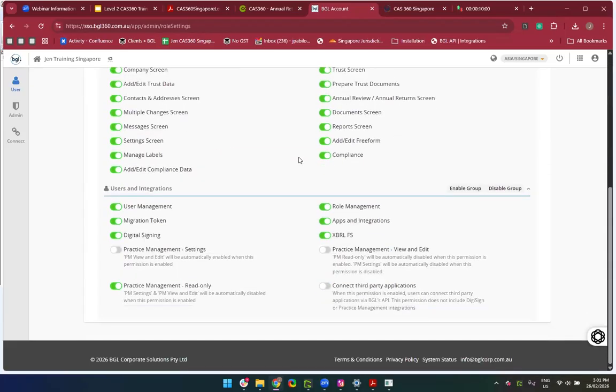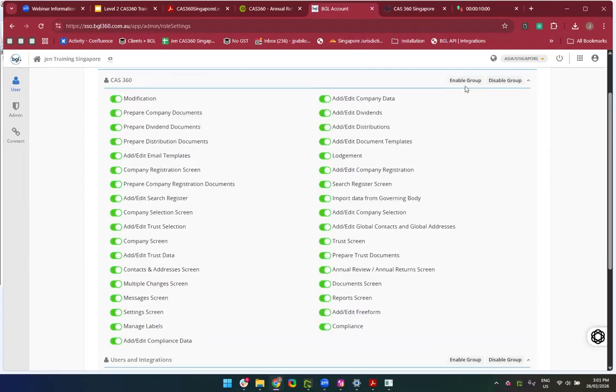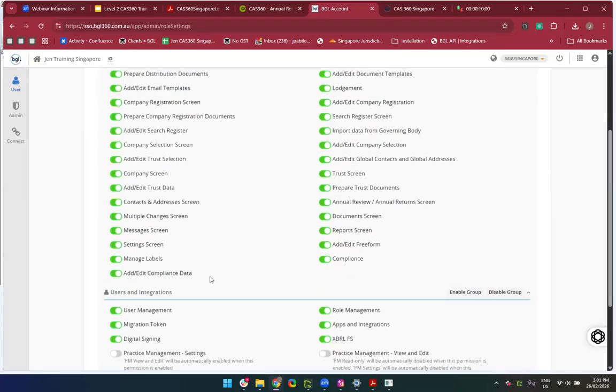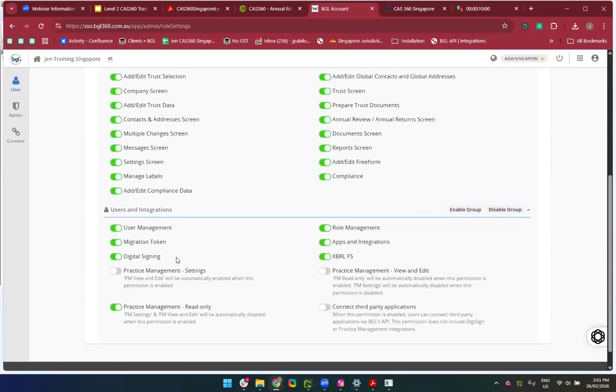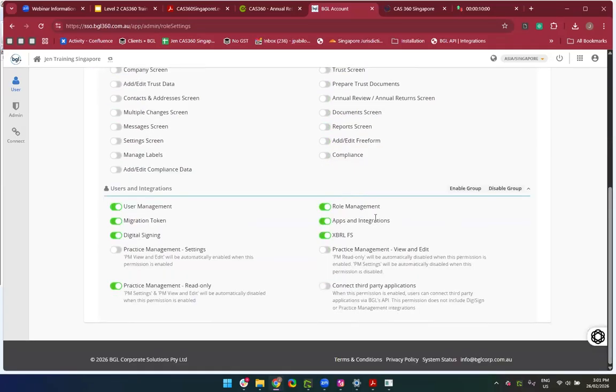And I can adjust what type of access that they can do. So I can enable the group. I can, let's say, here, disable that part if I don't want them to have this access. And